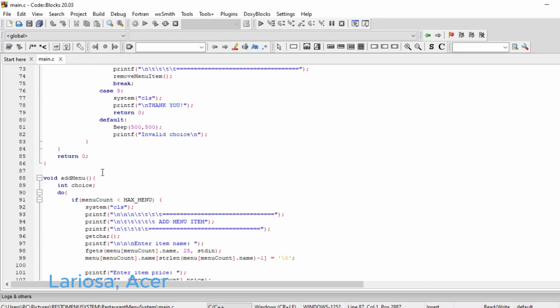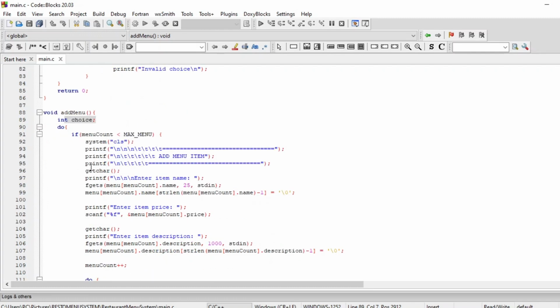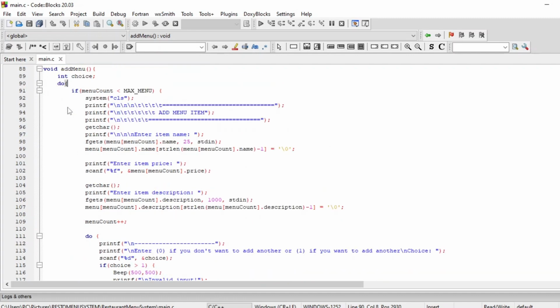And then next, the function declarations. So in the function declaration, the function named void addMenu doesn't take any parameters and doesn't return a value. Inside this function, in the first line, we declared an integer variable choice to store the user's decision on whether to add another menu item. Then a do while loop that continues executing as long as choice